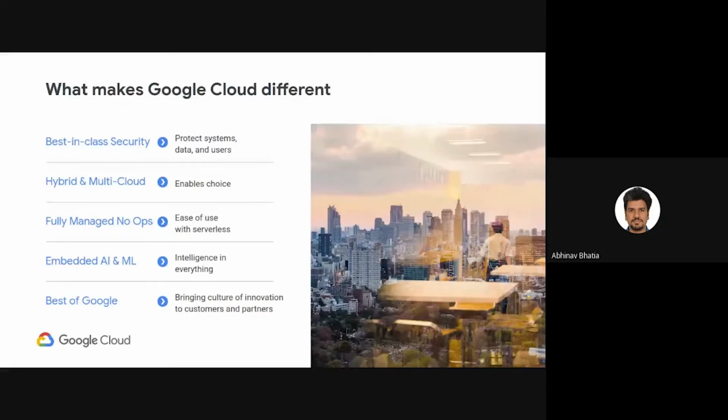Number 3 reason is that again, if you have noticed or if you've used our products, we strive to make cloud easy to use, automating many tasks. For example, there are scripts that you can write to automate your infrastructure. Config management tools are available. There are many serverless services, especially in the data warehouse section, where with BigQuery, you don't have to manage the underlying resources or do the performance tuning so that you deliver the most performance. Everything is taken care of by us, and that's where you have the liberty to write only your SQL codes and don't worry about the underlying infrastructure.